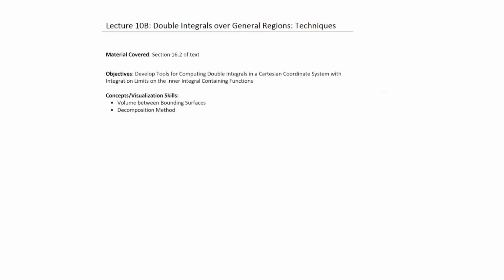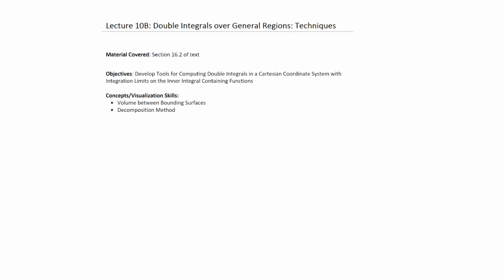Welcome to Lecture 10b, entitled Double Integrals over General Regions. In this particular lecture, we're going to be discussing some additional techniques for solving double integrals over general regions. The material that's being covered comes from section 16.2 of the text, and the objectives are to develop tools for